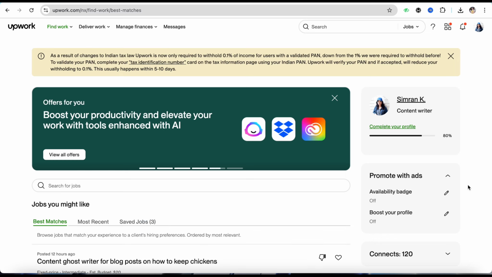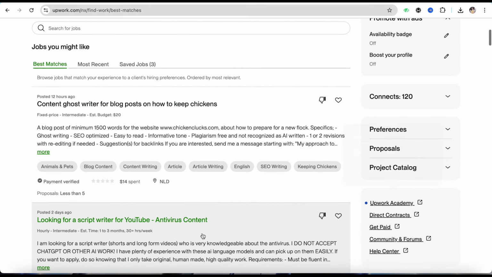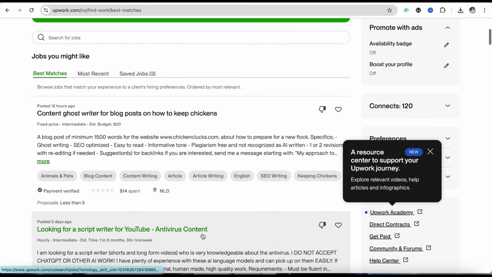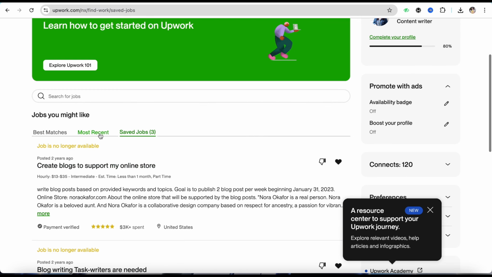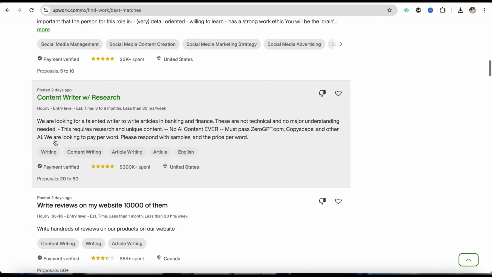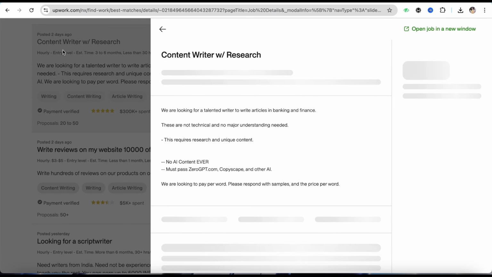So first of all, simply open your Upwork account and log into your account using your credentials. And once you're there, simply scroll down on the home screen itself and see the different kinds of job postings that you have in your account, and choose the kind of work that you would like to do. So for example, I want to apply for this one right here, which says content writer and